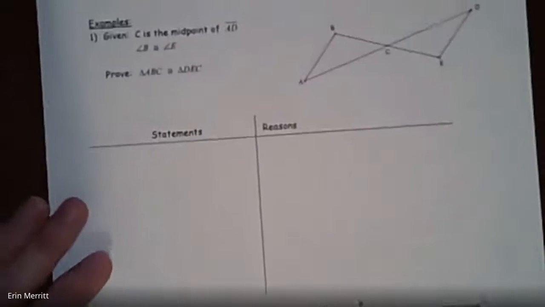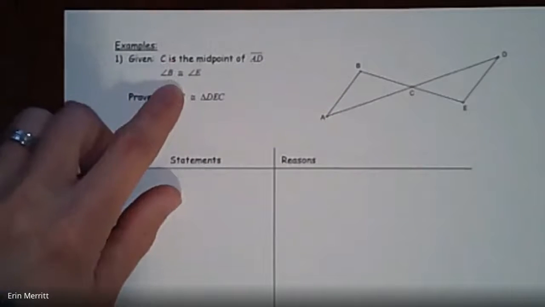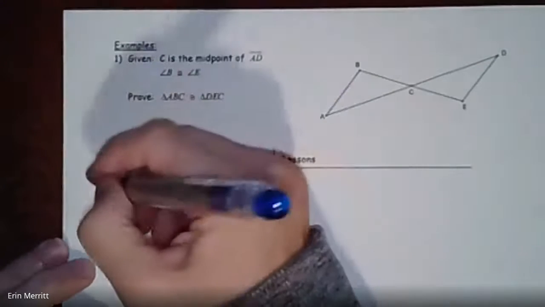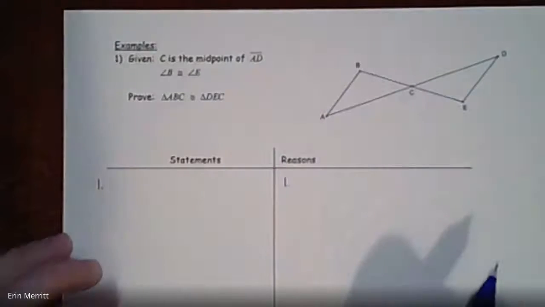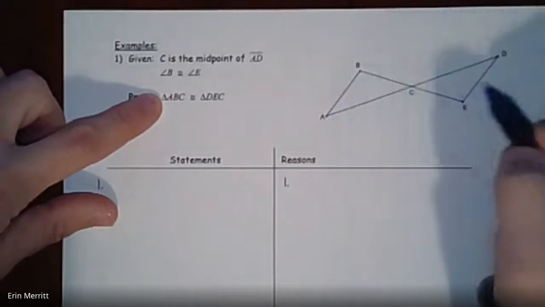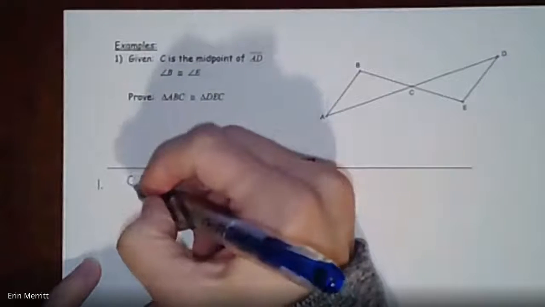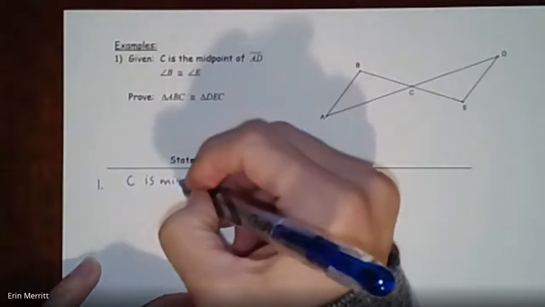Let's try some proofs here. So reminder, with your proofs, here's where you actually have givens. So it's not just me saying, hey, write that down. So we start always with a given. And then it's always good to look ahead and think, like, where are we going with this? So I want to prove triangle ABC is congruent to triangle DEC here. That makes sense. All right, so we are told that C is the midpoint